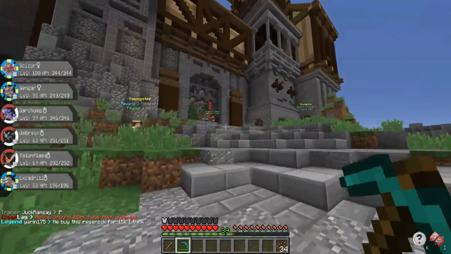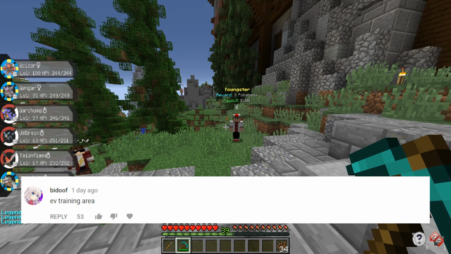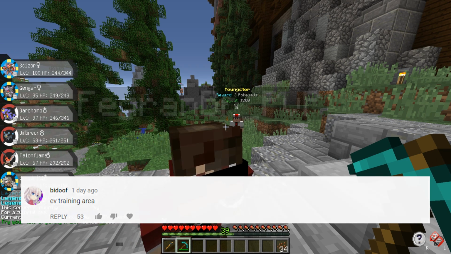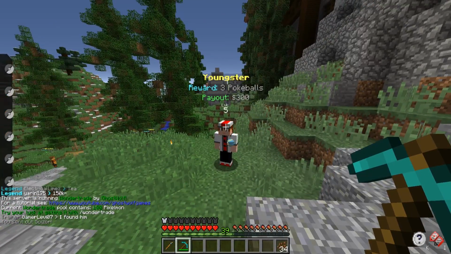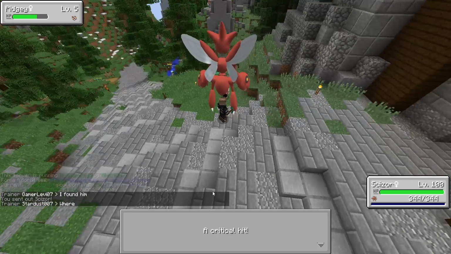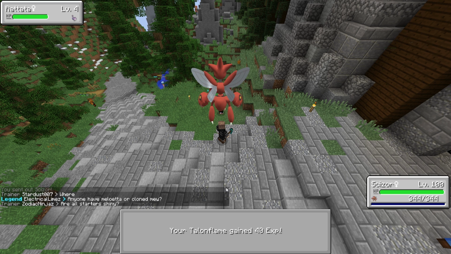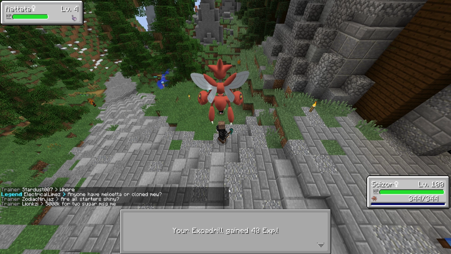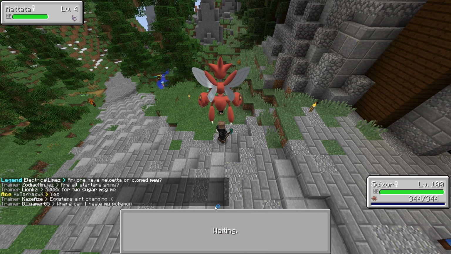Okay, so the first one is a post from Bidoof, and it got 53 likes, which was the most out of any of the comments, and it says Eevee training area, and that's it. So Eevee training area, that is something that's been discussed for a very long time. Now, I do understand that after the first couple of times of Eevee training, it gets really boring and repetitive. So if we do implement this, which I do want to do because it seems like a lot of you guys are interested in seeing it here on the server,